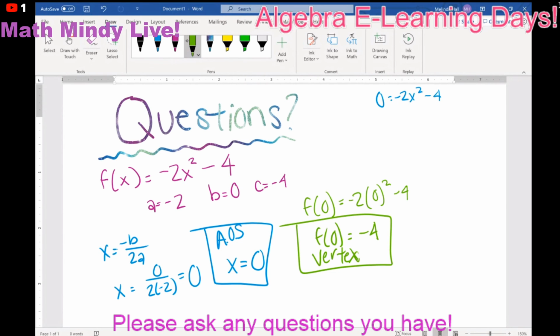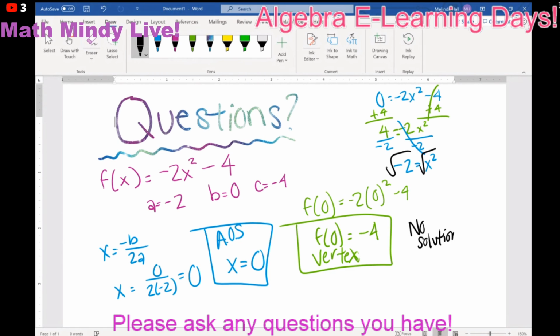So since it's minus 4, we would add 4. Boop. And so then 4 is negative 2x squared. And so when you divide by the negative 2, you get that x squared is equal to negative 2. And here's the thing, when you take the square root, you guys, at least if you're in Algebra 1, do not know what to do with negative 2 yet, because that comes into Algebra 2. And so when you get that negative number, you know that there's no solutions,